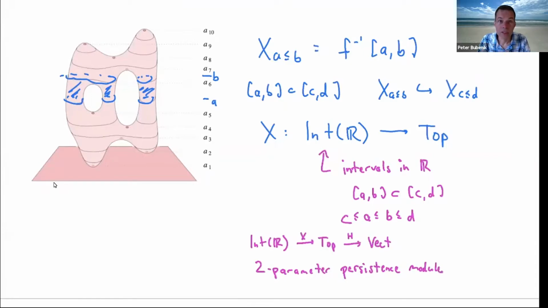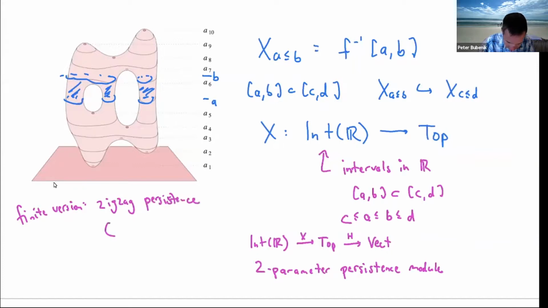All right, and just as with the one parameter case, there's a finite version of this. Again, if we choose some finite number of levels, then we can take intervals to be restricted to integers corresponding to those levels. The finite version of this gives us something called zigzag persistence. So this was developed by Gunnar Carlsson and Vin de Silva